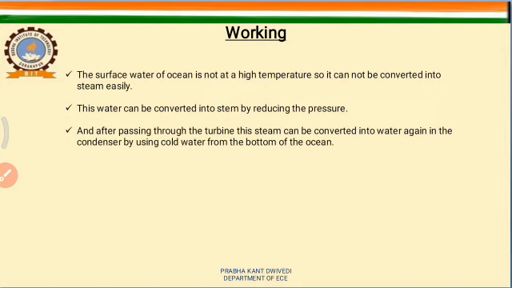After reducing the pressure, the volume of the steam increases, and due to this increased volume, we have to maintain a large boiler to contain the steam. And to run the turbine, the pressure at the other side of the turbine needs to be even lower than the steam at one side of the turbine. Due to this pressure difference, the turbine starts rotation.